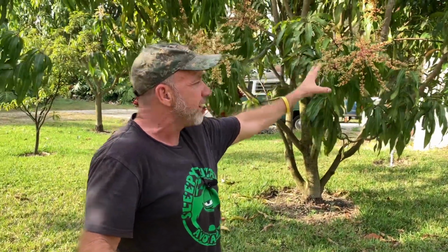The Valencia Pride variety was actually grown from seed. The seed it was grown from came from a Hayden. So we've actually got an evolutionary story. The lineage of the Valencia Pride is the Hayden, and I have a Hayden right next to it. The Hayden is my personal favorite mango. So where my wife loves the Glen,